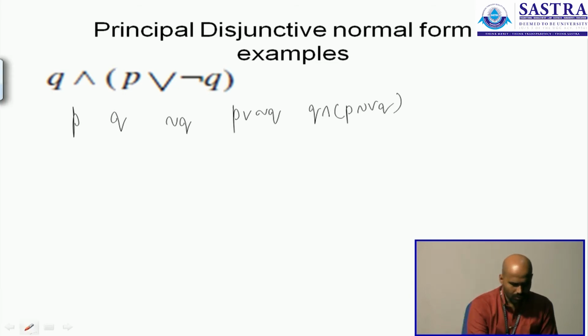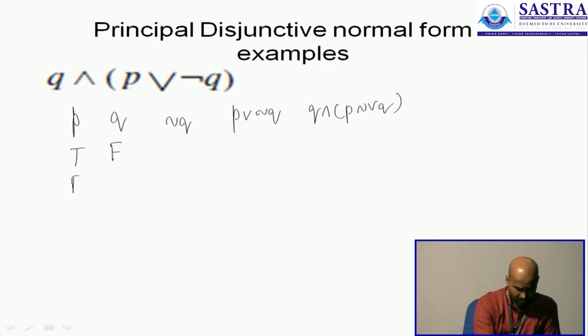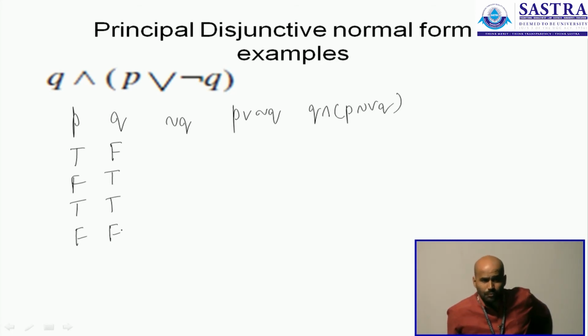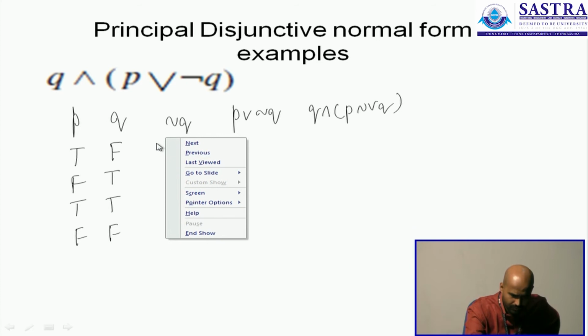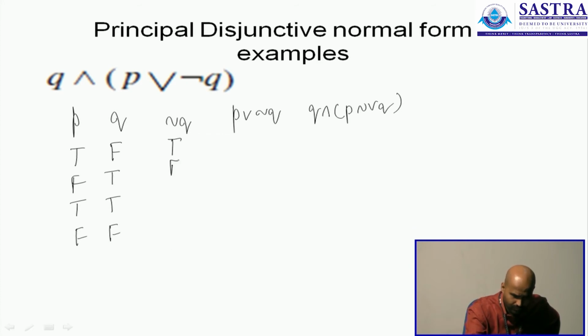So let's write that down. Only 4 possible input sequences: TF, FT, TT, and FF. And column 3 wants you to flip column 2, that is true, false, true, false, false, true.